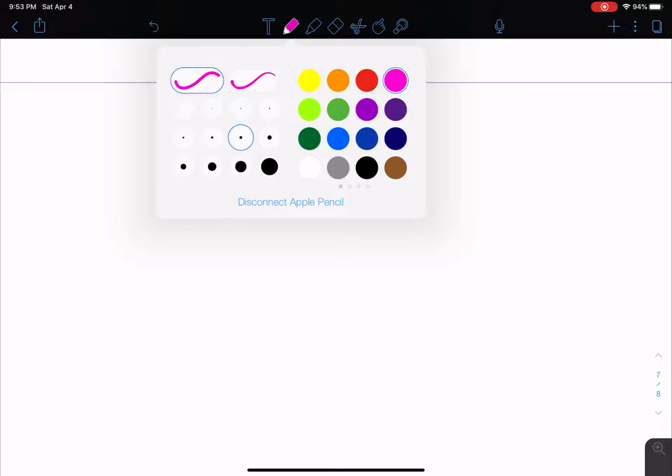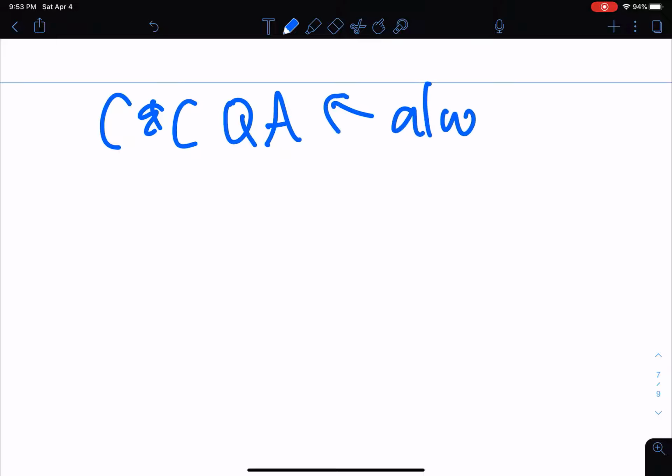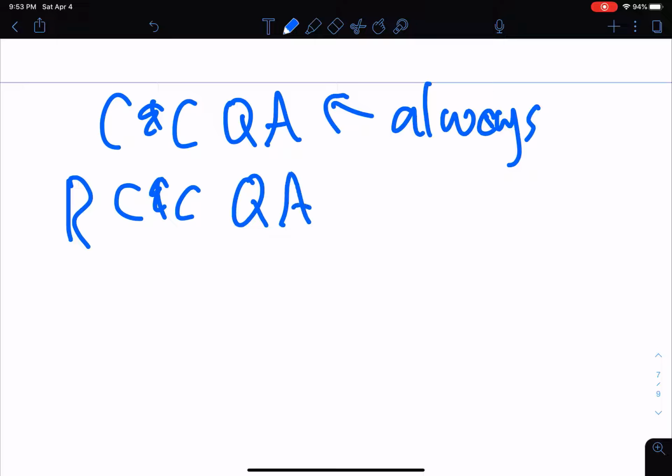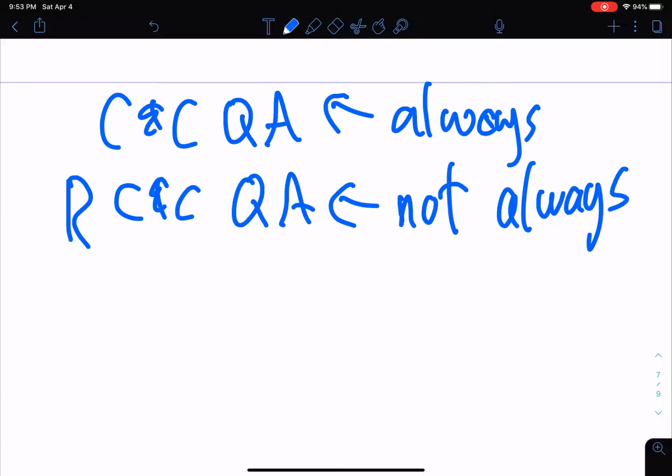Now, you might ask, can cash and carry arbitrage activity always take place? And the answer is yes. Cash and carry quasi arbitrage can always be executed. There are no impediments. You might ask, can reverse cash and carry quasi arbitrage always take place? And the answer is not always. No, not always. And the typical impediment that keeps reverse cash and carry quasi arbitrage activity from taking place is